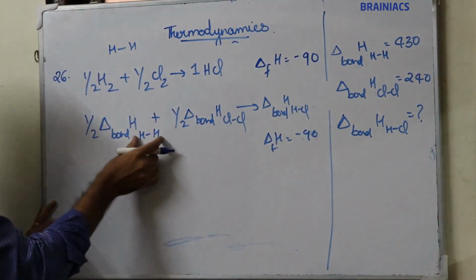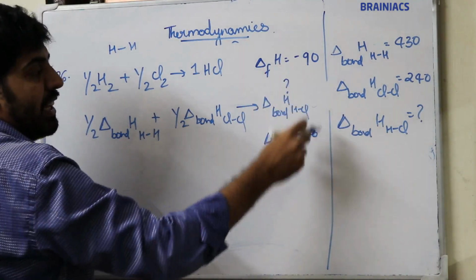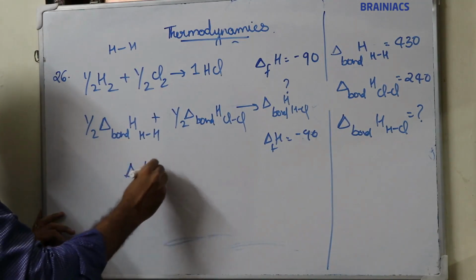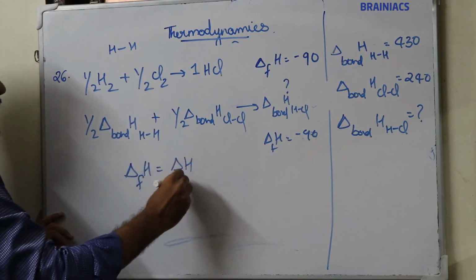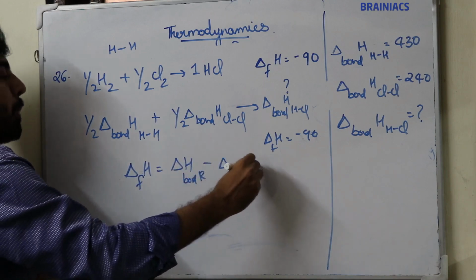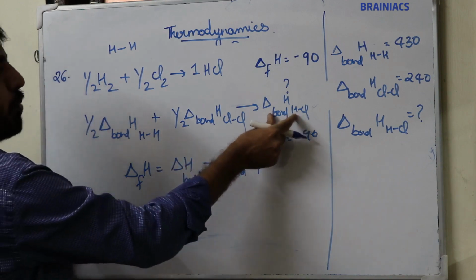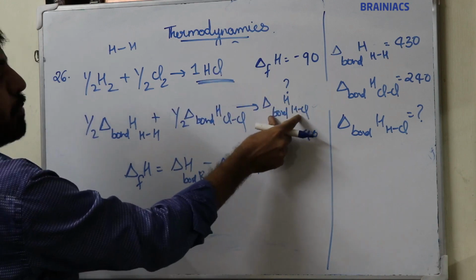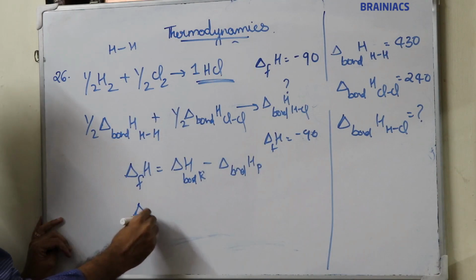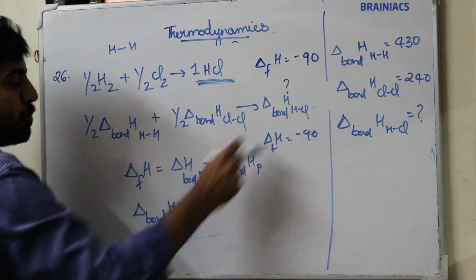Here we know the bond enthalpy of H-H and Cl-Cl. We have to calculate the bond enthalpy of HCl. We know that the enthalpy of reaction is equal to the bond enthalpy of reactants minus the bond enthalpy of products. Here we have to calculate the bond enthalpy of the product, HCl, so taking it to this side, the bond enthalpy of HCl, that is the product, is equal to